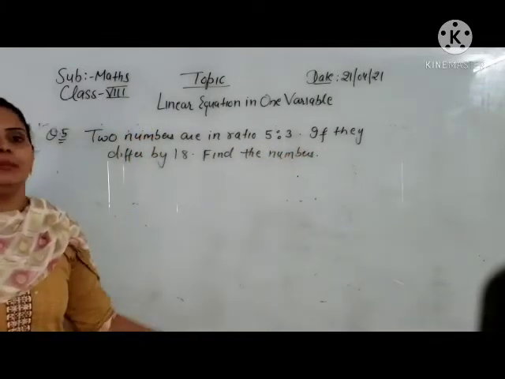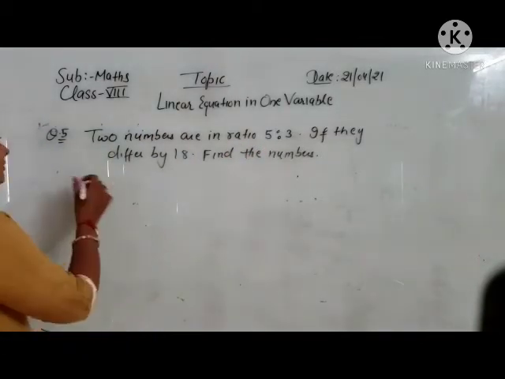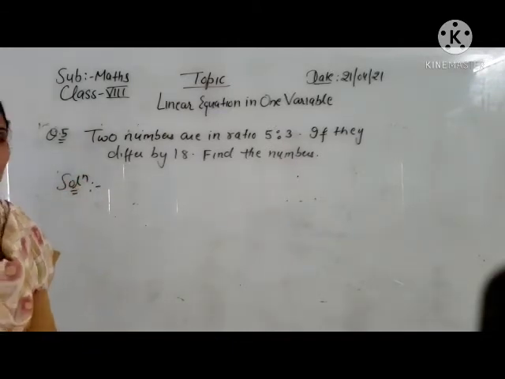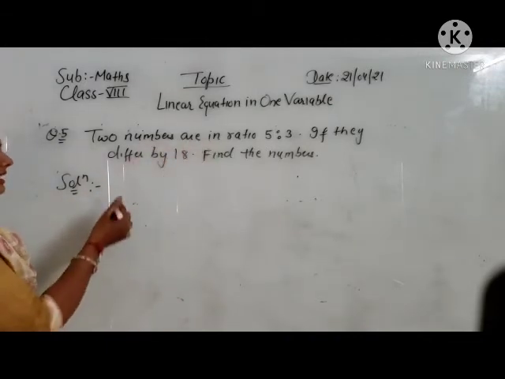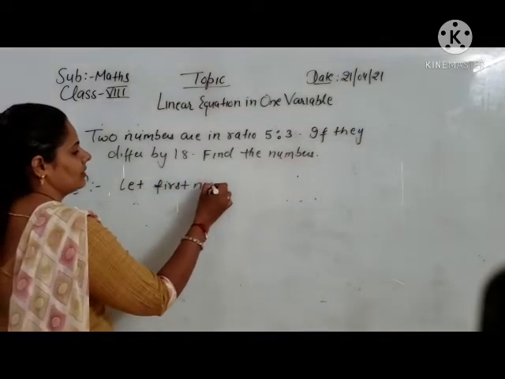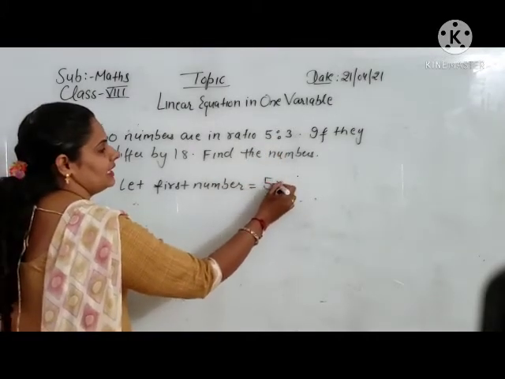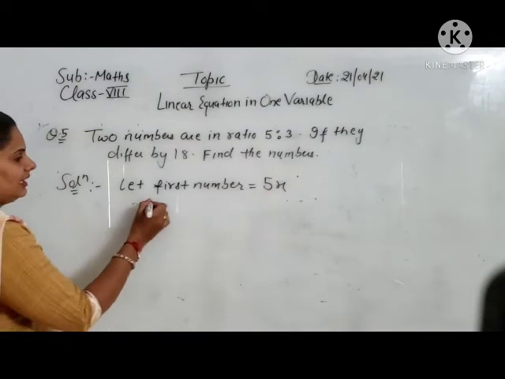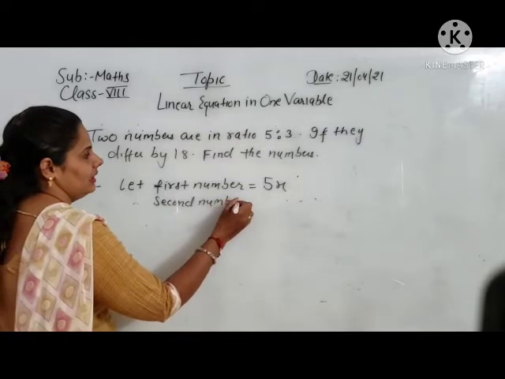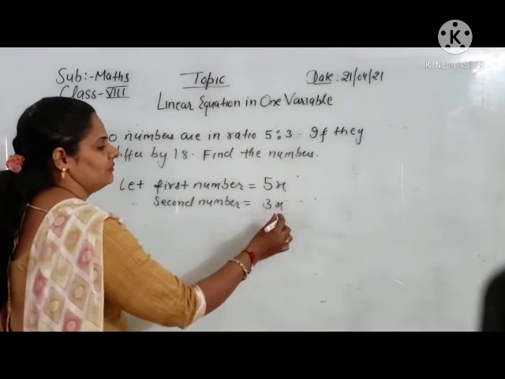Both the numbers are given and both the numbers are given in ratio 5:3. Okay. So first, what will you do in this type of questions? First, you will assume both the numbers in the form of x. Okay. Ratios are given, you can assume it x. So you will assume that first number is equal to, what is the ratio of first number? 5. And if you will take in x, so it will be 5x. Next, second number it will be equal to, what is the ratio of second number? It is 3. So if you will take in x, so it will be 3x.